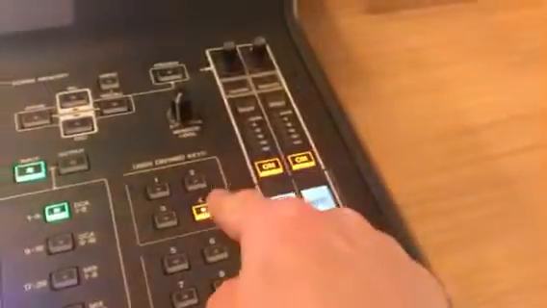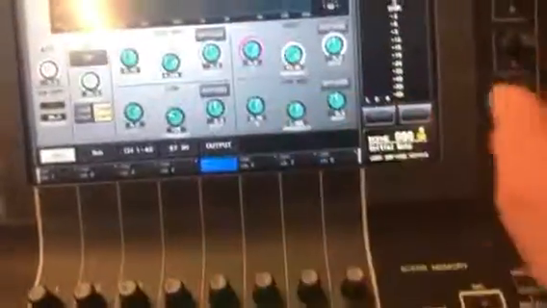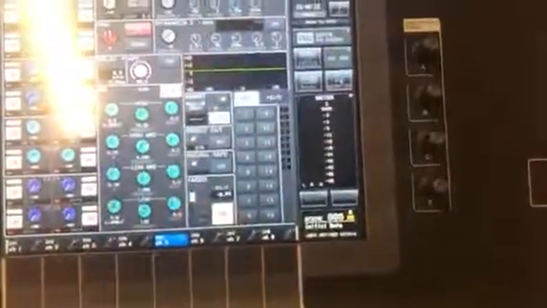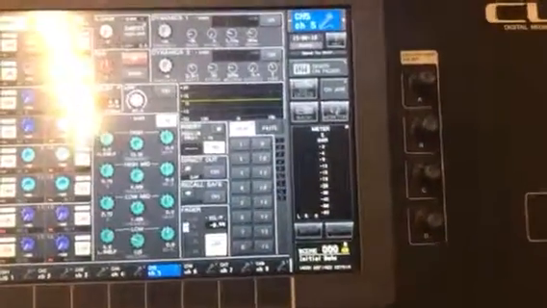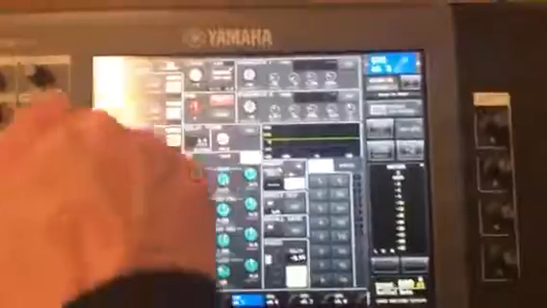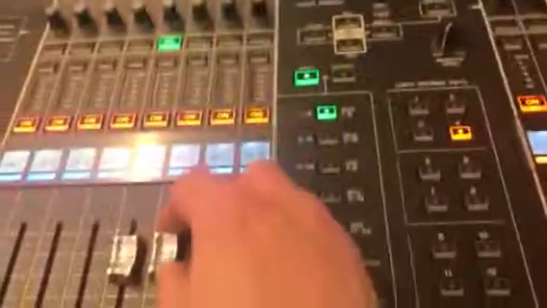If I go into the individual channel view, either with user defined 4, or if I just hit any of these keys here, go into the EQ and I try and move the EQ, this operation is not allowed. So set that EQ up before you lock the guest, before you log in as the guest. Same with the sends, I can't change anything. This operation is not allowed. So that's how you set up